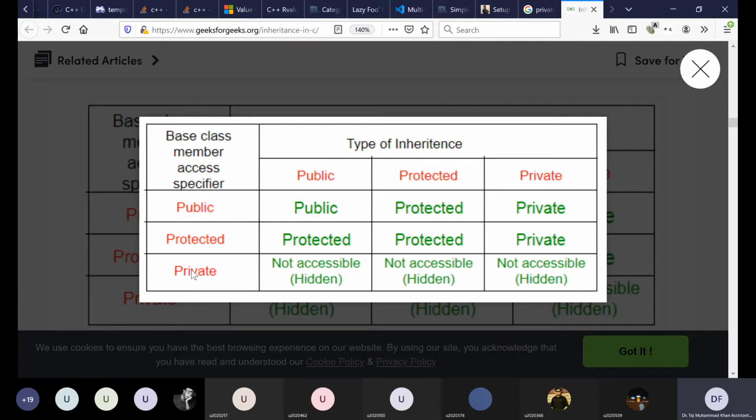But these private member variables of the base class are not accessible directly inside the derived class. In any of the modes of inheritance, public, private, protected, they are not accessible directly. Inside the member function of a derived class, we cannot access the private member variables of the base class. We have to access them through public member functions of the base class.